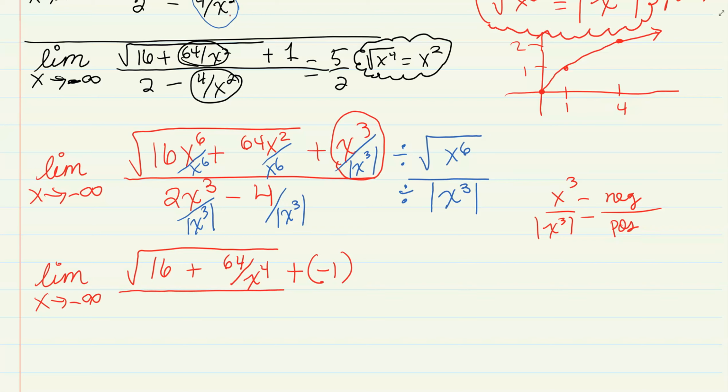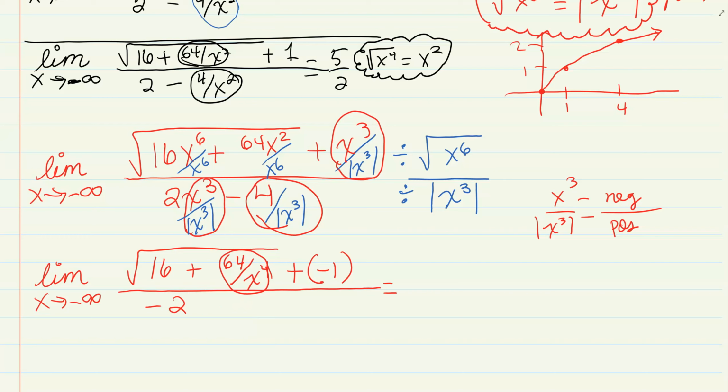Same thing will apply on the denominator here. This right here is going to give you negative 1. So that is negative 2 minus 4. So this then is going to be square root. This is going to go to 0, right? Oh, this is not negative 4. This is going to go to 0, so that's not there. So that will just be negative 2